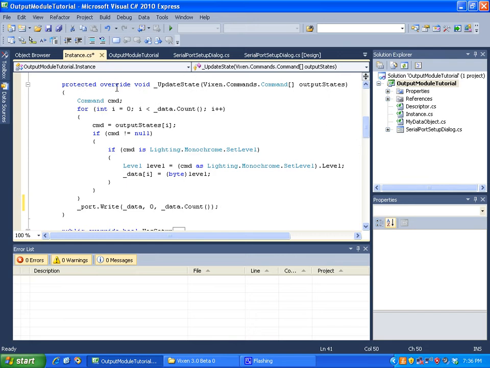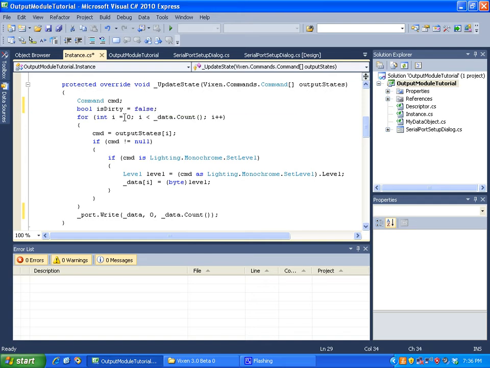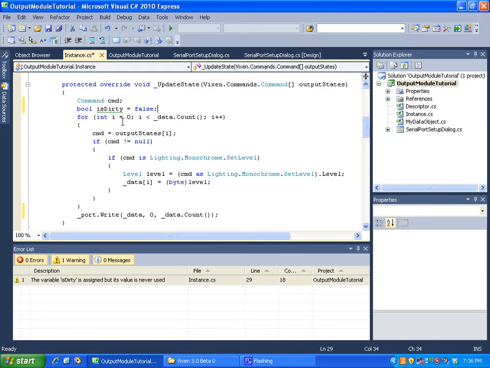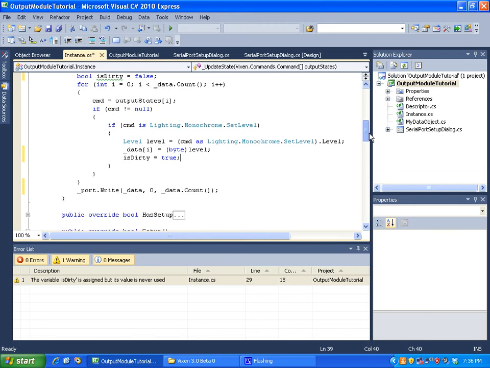So let's just create a bool variable. Bool isDirty, and we'll set that equal to false to start. So automatically it's false. And then what we'll do, if we come down and we have data that we are going to write down here to our data underscore data object, once there is a change to that data object, we want to set that isDirty variable equal to true. That way we know if there was a change to the underscore data object,